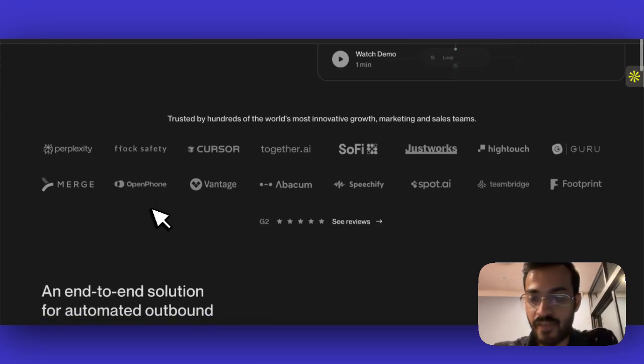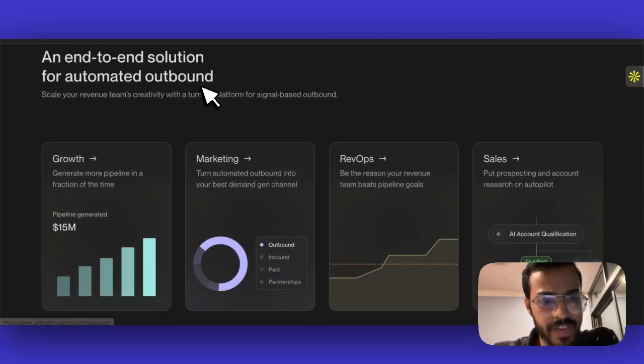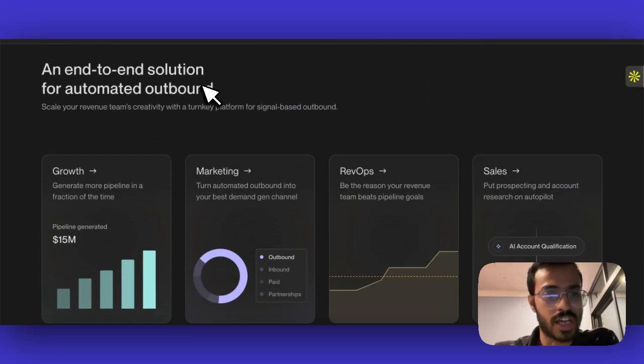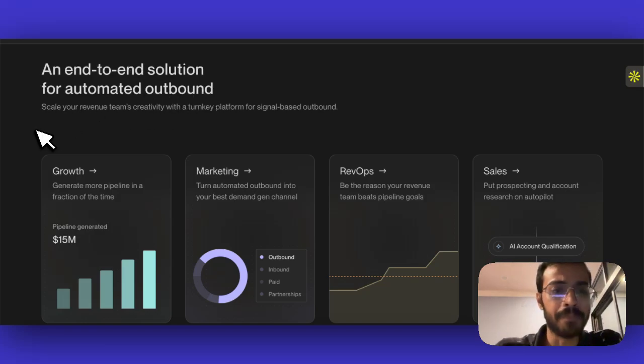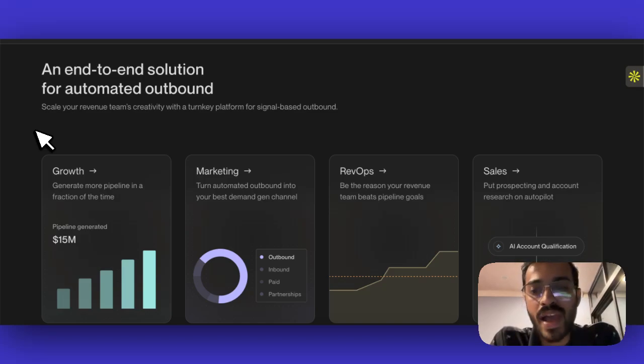using Unify. Fantastic. Then it's time for the value proposition section, an end-to-end solution for automated outbound. All right. So what does it mean when a company says something like it's an end-to-end solution for automated outbound? The first thing the user feels is the meaning behind the word end-to-end. It's like it can do everything in one place. It takes care of everything that I could essentially care about in relation to my workflows, in relation to the